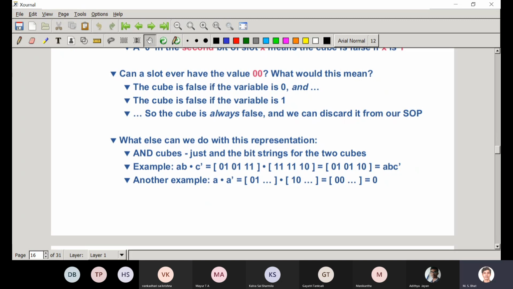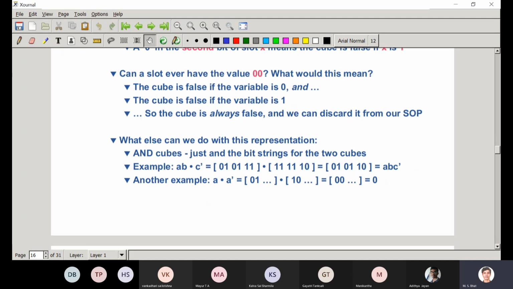And A bar is represented by 1, 0 and other variables. So when you do a bitwise AND operation, you get 0, 0, because 0 into 1, 1 into 0. So the rest doesn't matter. This is 0 because you can't get a function which is an AND operation of A and A bar. That will always be 0.